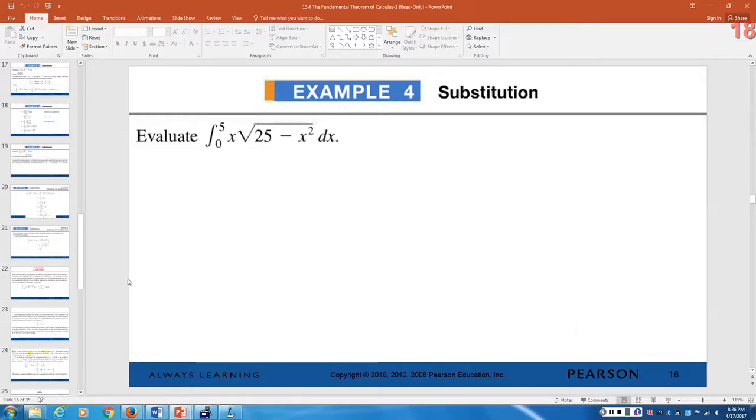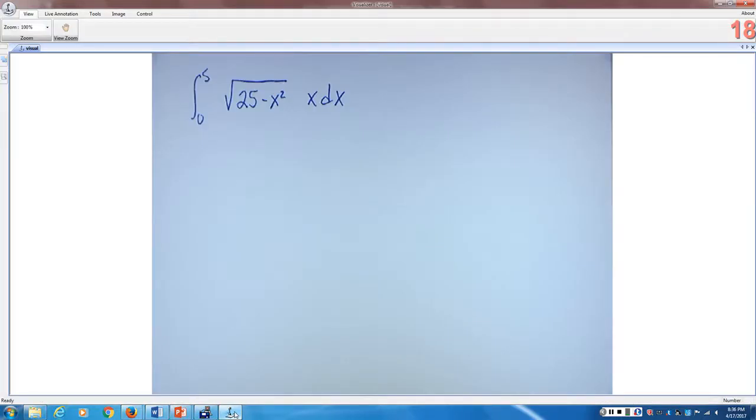Now this is one where we're going to have to do some substitution, so it's probably good to do a little practice of that. We're going from 0 to 5, and we have the square root of 25 minus x squared, and then we have x dx. And I personally always think they're being sneaky when they write that x there in the front, because I always rewrite it as soon as I start by putting the x over there away from that square root. So if this is u,